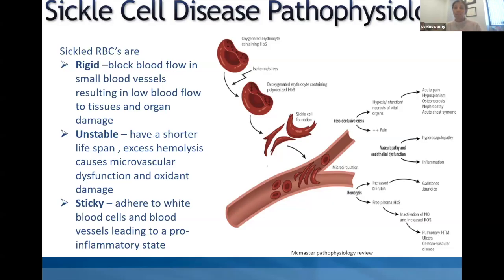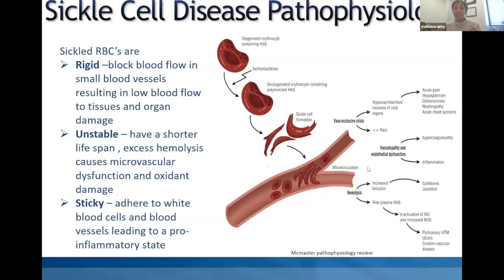unstable. I mean, they have a shorter lifespan and they can break apart sooner. And when this process called hemolysis happens, there is release of more free hemoglobin into the circulation where it's not usually present, and then there's also what we call free heme or free iron that can then go on to cause damage to the blood vessel walls, and also oxidative stress. And now the sickle red blood cells are also quite sticky,